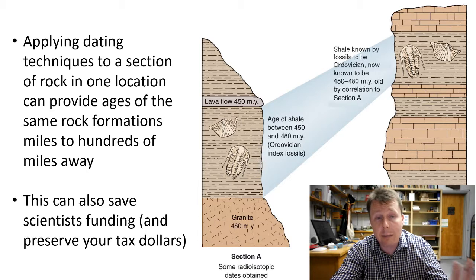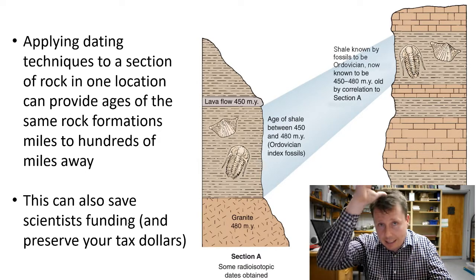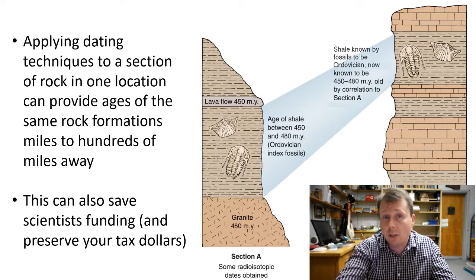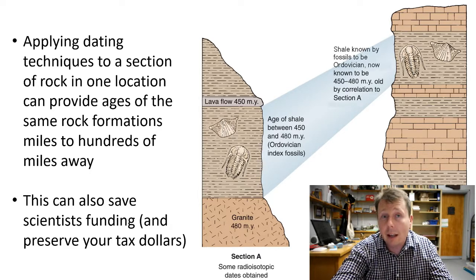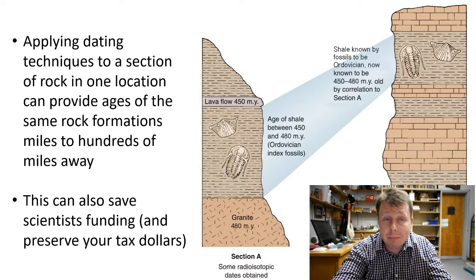We can just say, okay, because these rocks contain this fossil and we've determined the radiometric age of that fossil, this fossil that appears in, well, let's just say we find a fossil in Bakersfield, California, and we radiometrically date the rock layers that it's in. We find the same fossil somewhere in Cambodia.